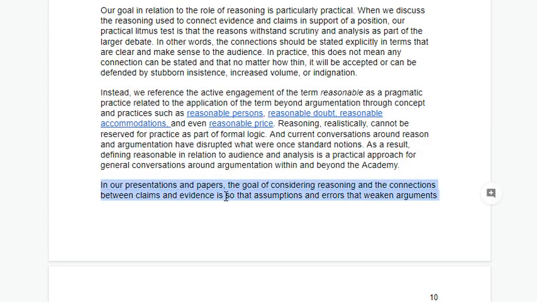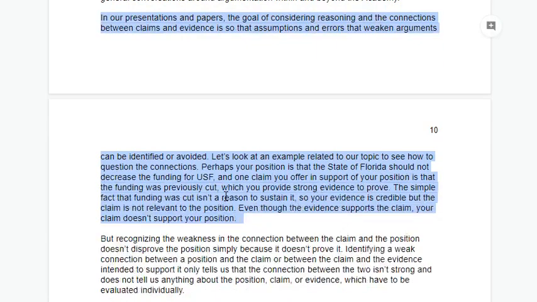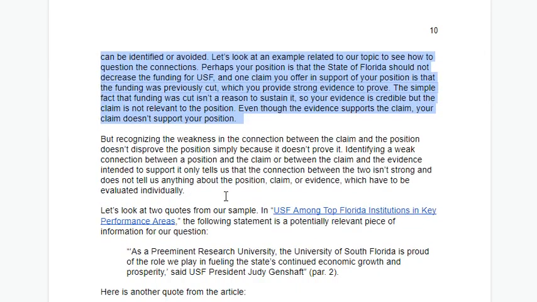In our presentations and papers, the goal of considering reasoning and the connections between claims and evidence is so that assumptions and errors that weaken arguments can be identified or avoided. Let's look at an example related to our topic to see how to question the connections. Perhaps your position is that the state of Florida should not decrease the funding for USF, and one claim you